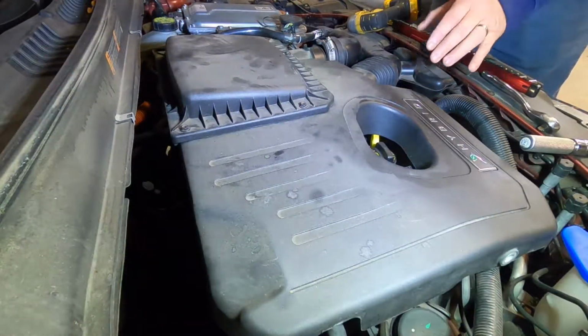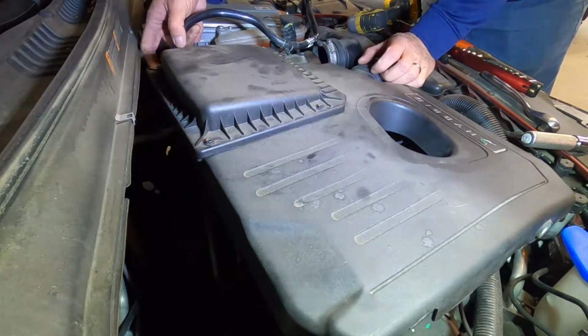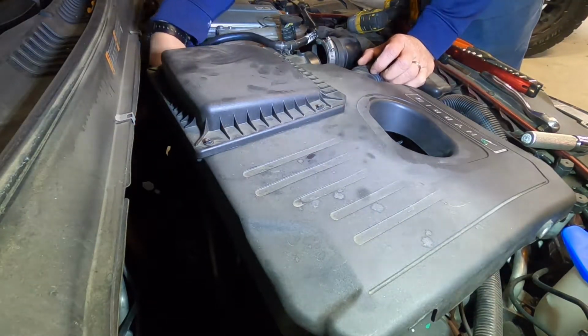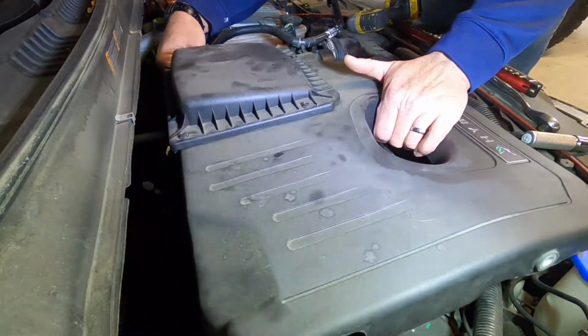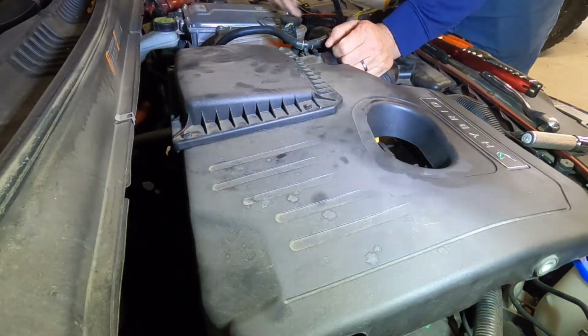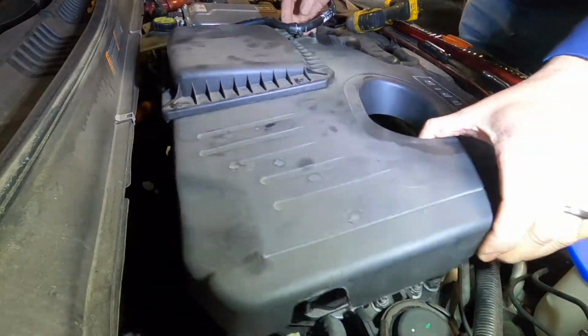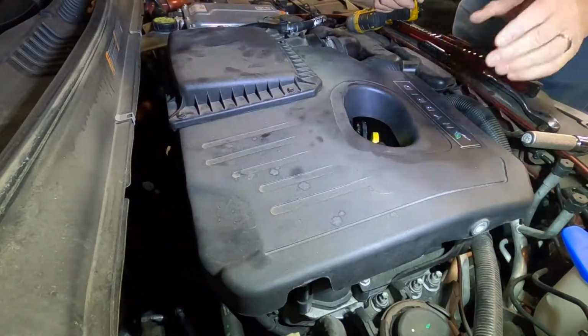This is the same as everything else. We're just putting it back together in reverse order. The easiest way to get it, this vacuum tube, is to hook this up before you slide the entire plastic cover back in. So it should click in. And then from here, you can just pick up your cover, gently slide it over on top of all the rubber grommets, and